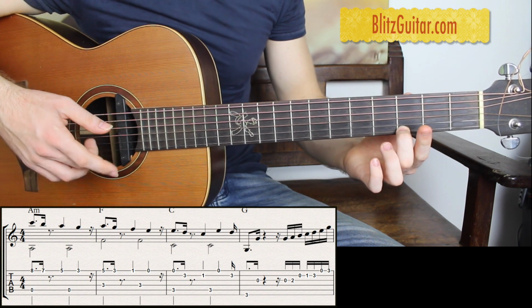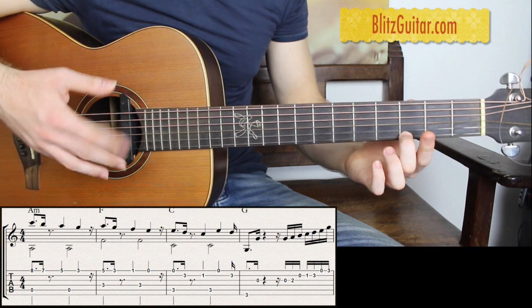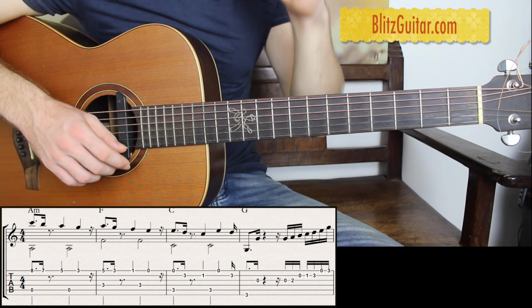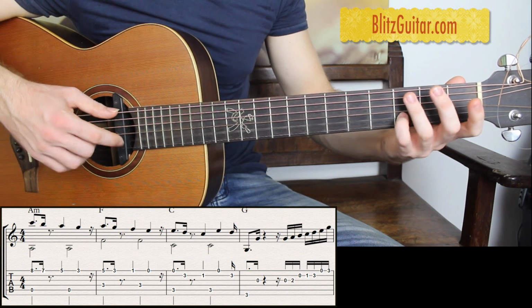and you really want to try to alternate all the time with the right hand, index and middle finger, or middle and index. Doesn't really matter which finger you start with, as long as you keep alternating. So